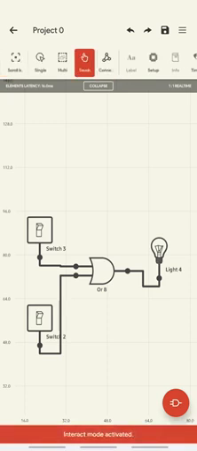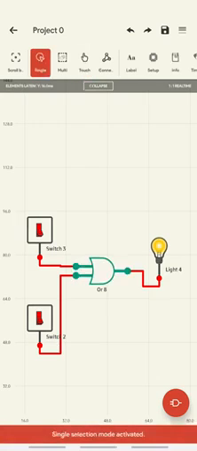So if any of the inputs is 1, output is 1, means if any of the switches is on, this bulb should glow now, right? You can see this, it is 1 0 or 0 1, anything you can consider. If any of the switches is on, this LED or bulb is on, right? So this way we can verify the OR gate also. Similarly, you can go for this NOT gate.